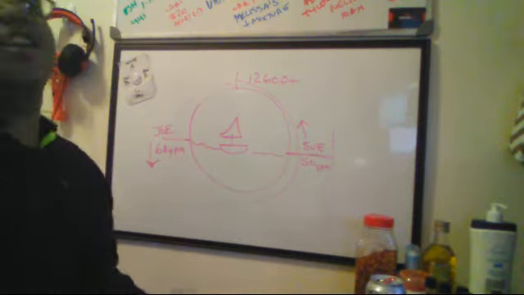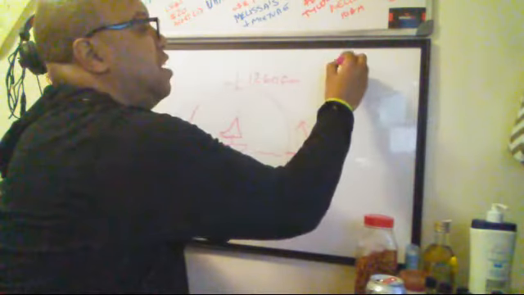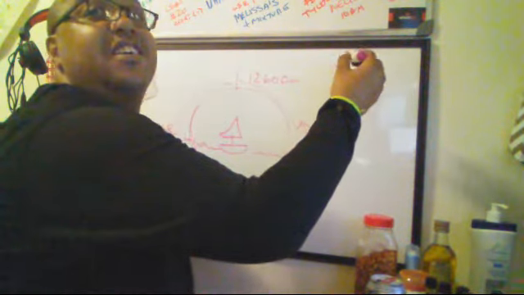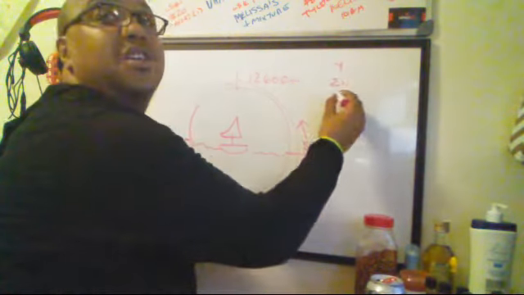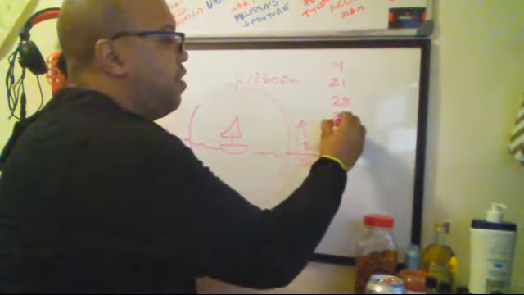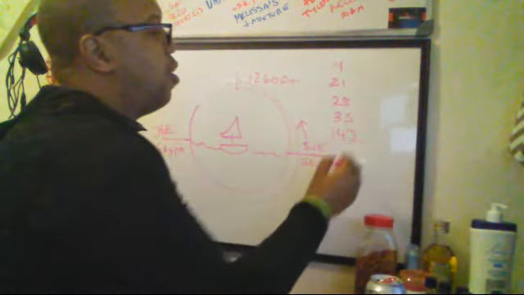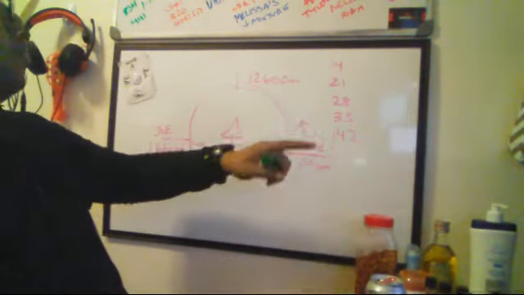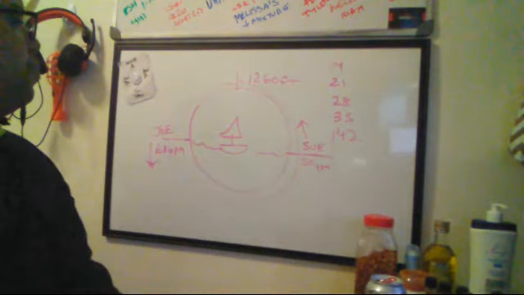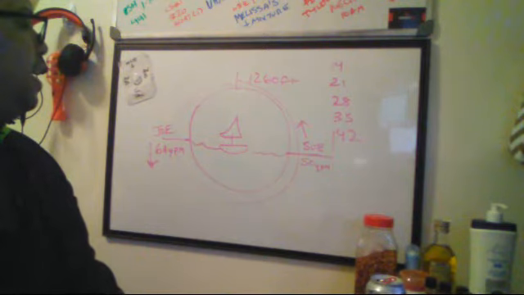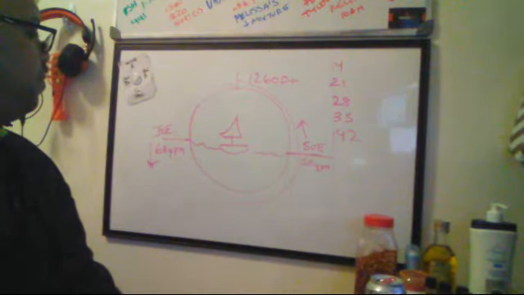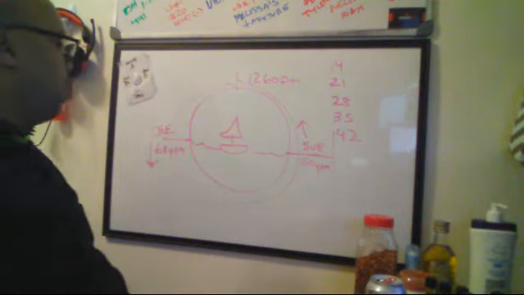and our answers are 14, 21, 28, 35, and 42. These are all minutes. 14, 21, 28, 35, and 42. All right, and let's just say in yards per minute. All right. So that means in 1 minute,